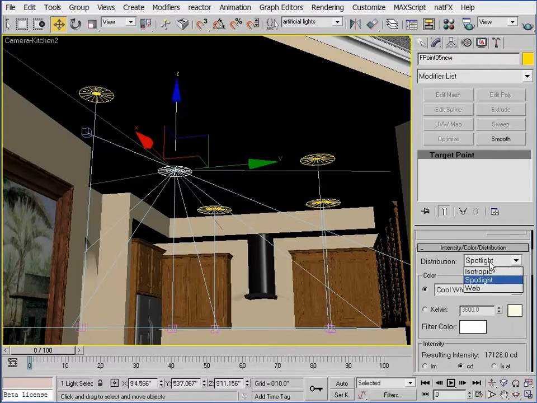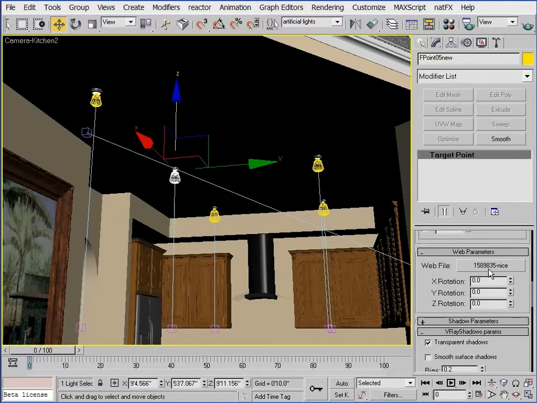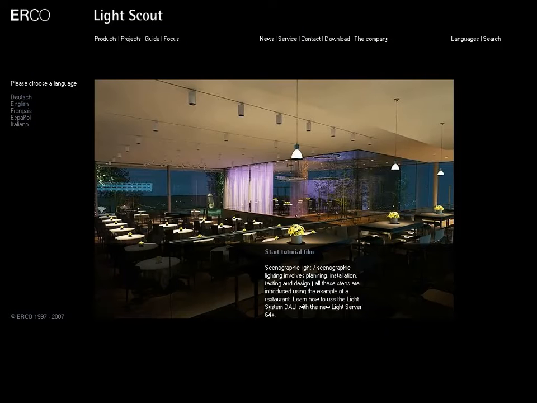distribution method I mentioned a moment ago called web. This method, the web method, looks for an IES file to dictate how it's distributed. And the biggest benefit of this method is you can really achieve some amazing distribution patterns that simply wouldn't be possible any other way, or at least easily any other way. And these patterns can really add a nice touch of realism to the illumination in the scene. And there's several places on the internet where you can go and download these file types, one of which is